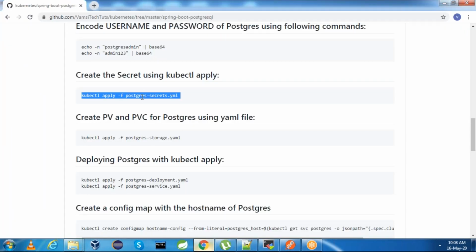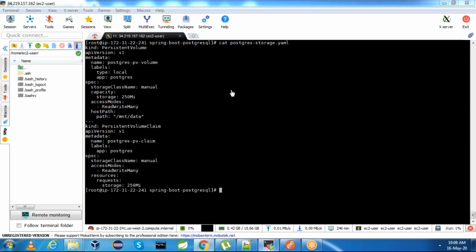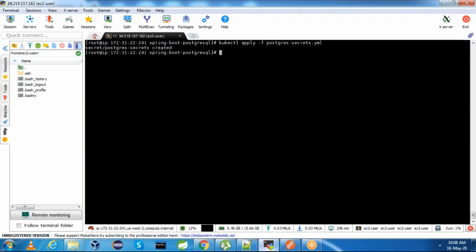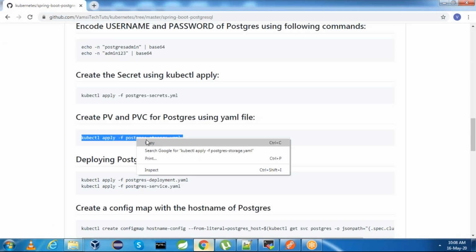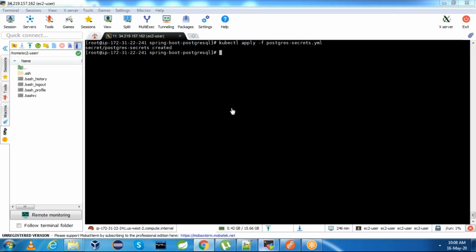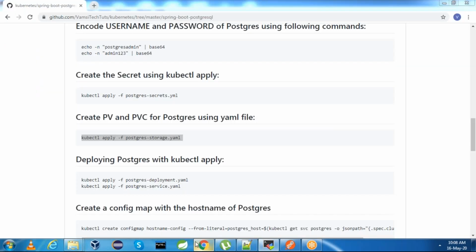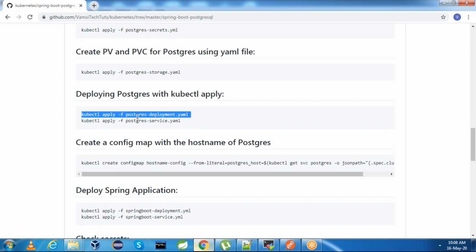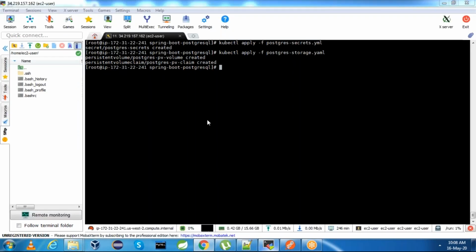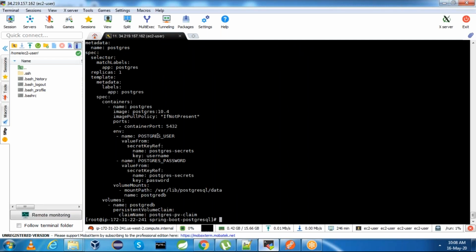Let me create these secrets and persistence volume. Postgres secrets is created, and Postgres persistence volume and storage are also created. Next thing, we need to do the PostgreSQL deployment, and in the deployment, if you observe, we have mentioned the Postgres user and password which we created from Postgres secrets.